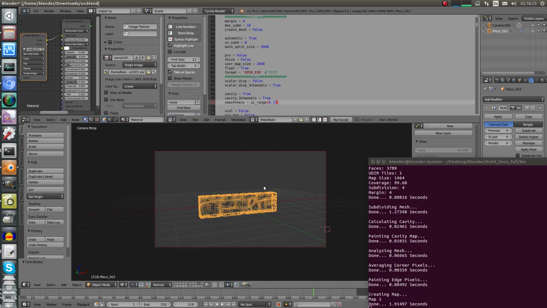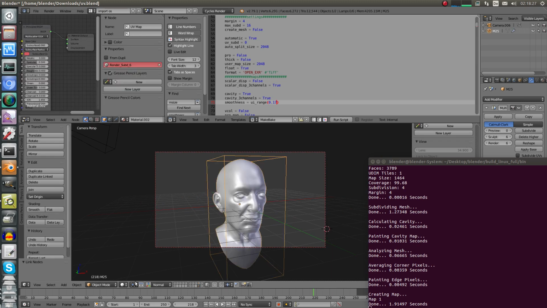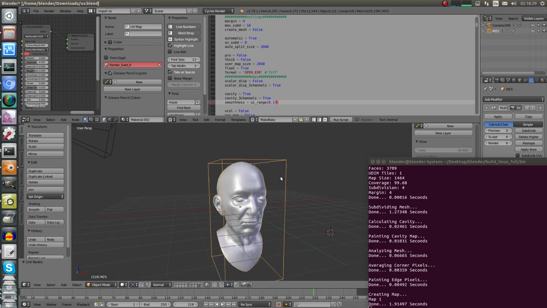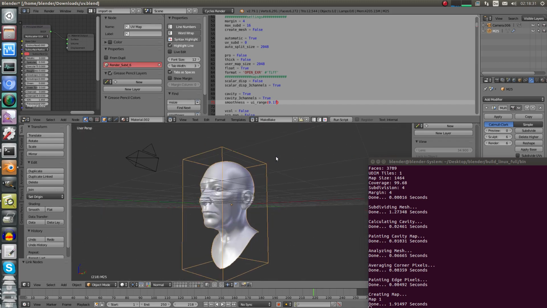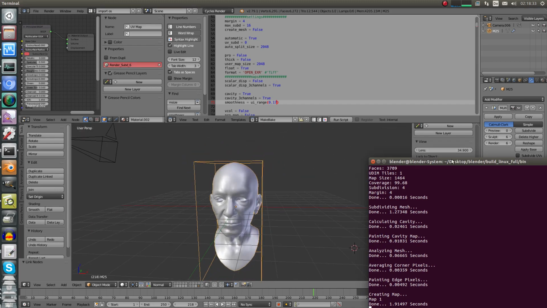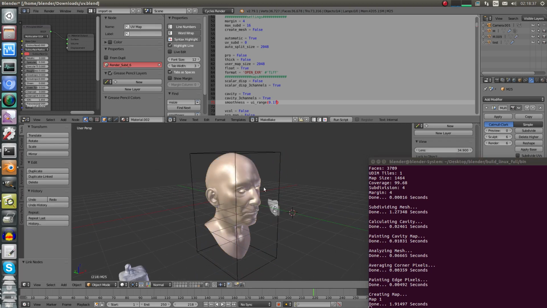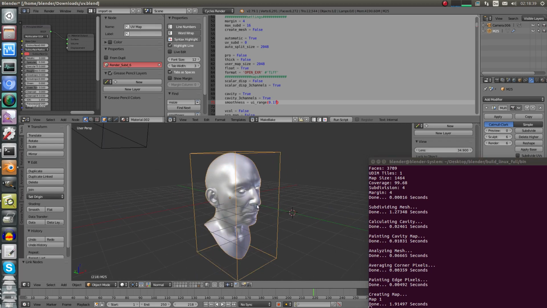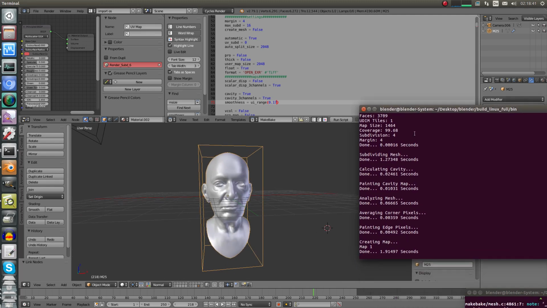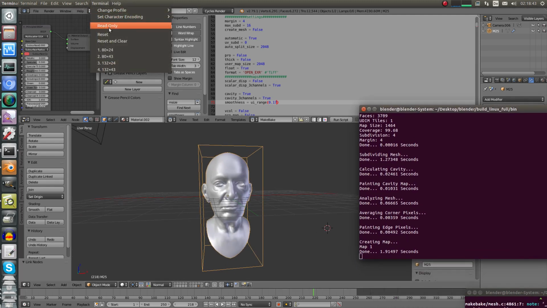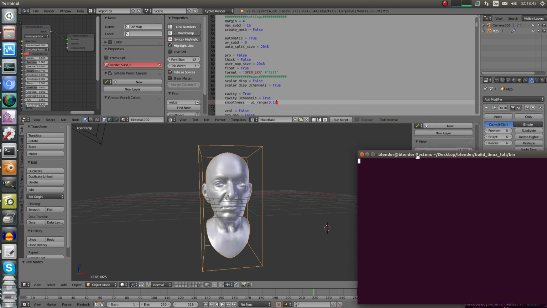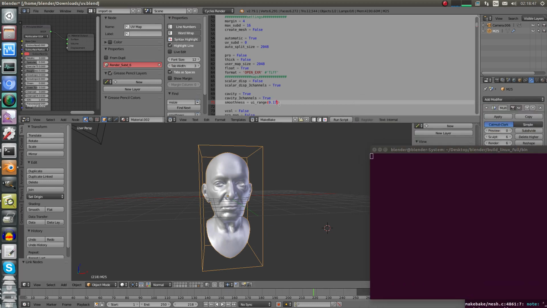Okay, let's get to the last one. This one here is called M25, for 25 million polygons, right? 6 subdiv levels, the same details as the other head here, just with 1 subdiv more. And yeah, let's do that here. Let's actually clean that, okay? And let's bake it with